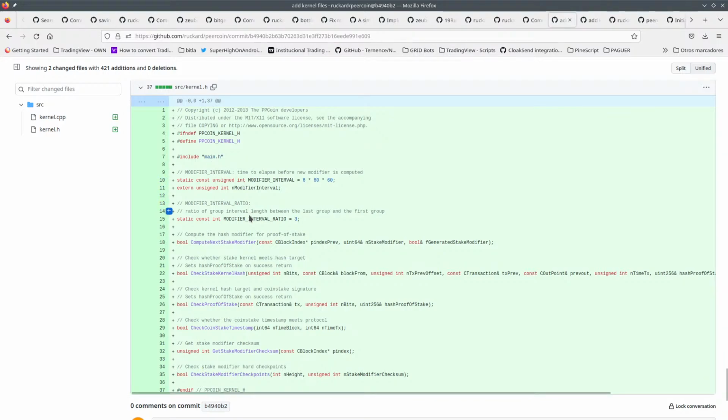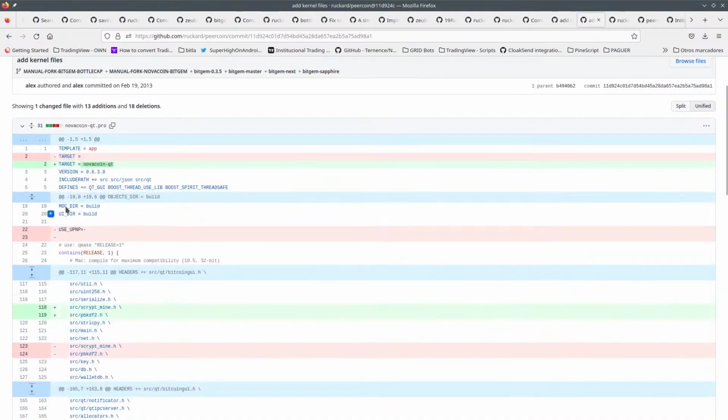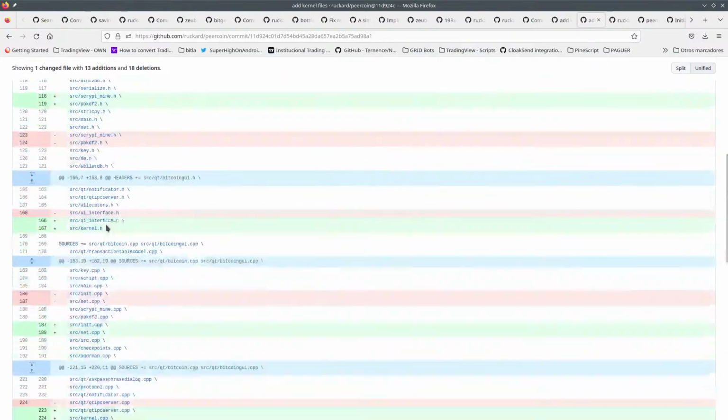And you can also see how PeerCoin kernel and so on is used. Yeah. Let me see. Why would you put staking stuff into kernel.cpp and kernel.h if PeerCoin was already staking? That's interesting. And here I guess that yeah, we change NovaCoin Qt Pro,